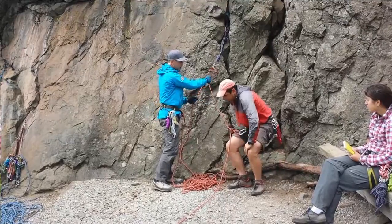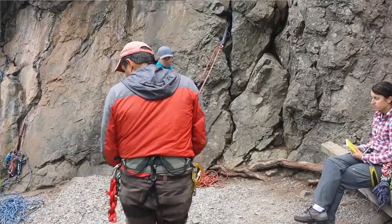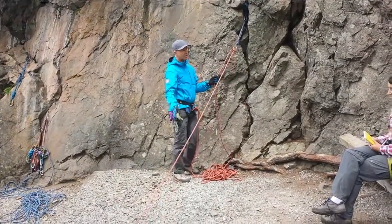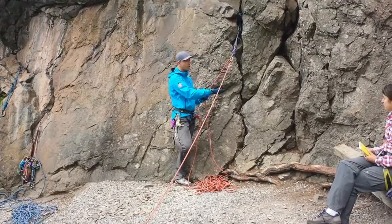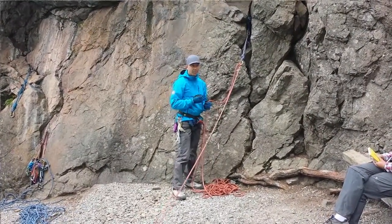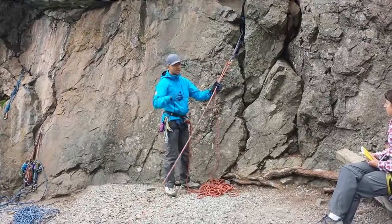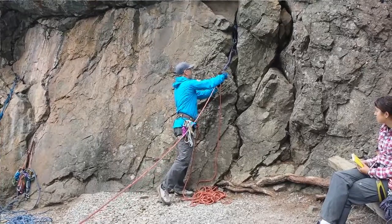Flip in. Lock that real good. Okay, I got you. Lower down, Paul. Why don't you go ahead and have a seat too? Awesome. Then I can find a way to get down, whether it's some sort of rappel or a down climb. Just quick, elegant solutions to get people out of the rope: lower one person, get the next person in. There's no reason to pull the rope back up. Just throw them on a bite knot and send them down. Those are the kind of things we really want you to think about on this program. Just quick,